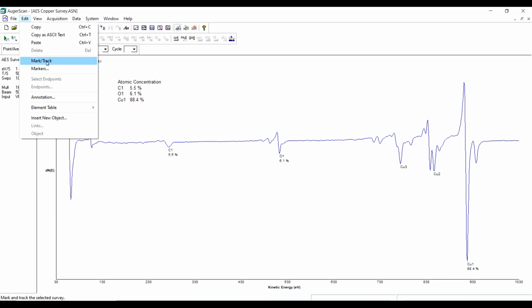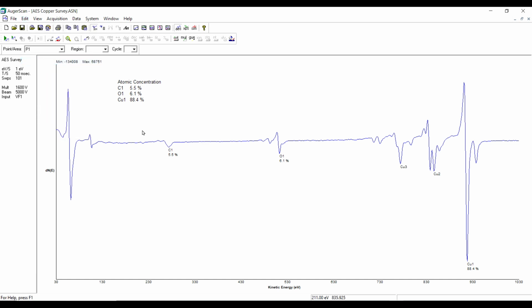Mark track. What this allows you to do is, see, it gives you a cursor down here with the counts as I move this line across. And then if I were to hit a peak, like let's say over here, for example, that might be argon at 216. It's pretty small. I'll just reselect oxygen. I'll just show you. If I get close to the oxygen peak, and now if I hit the left mouse button,